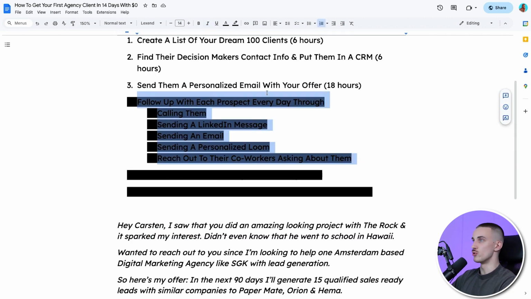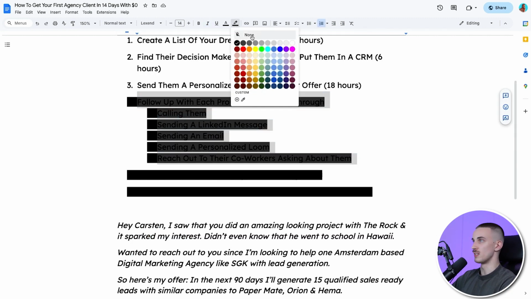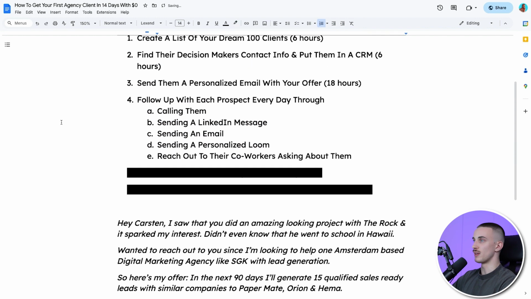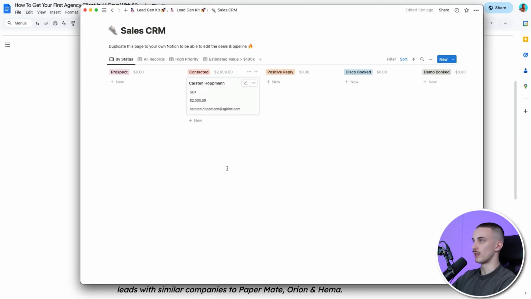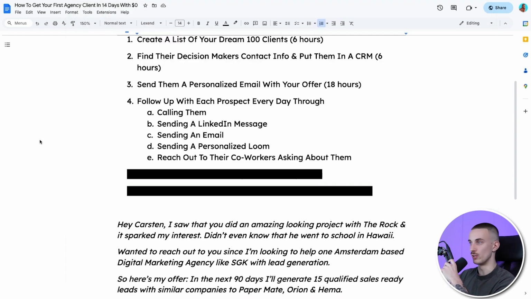After that, what you do, and this is really where most of the money is made, not in the first email, but here on the following up process. So then when you have sent an email to every single company, you go to your CRM and you move them to contacted section. And then your only goal is to take them from contacted to positive reply to discovery call booked. And the way you're going to do this is you're going to just absolutely follow up with them